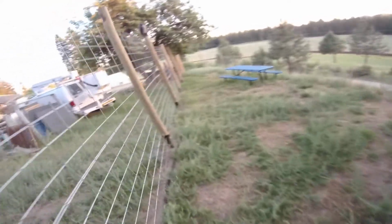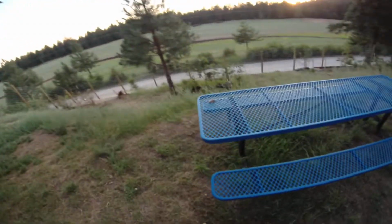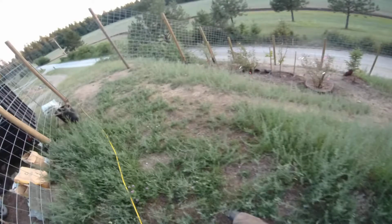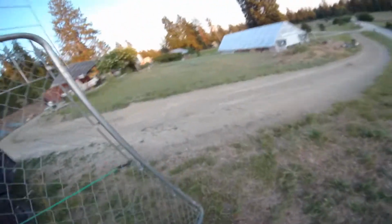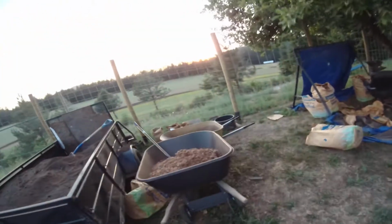Alright, so I got an owl up here to try to just keep the birds from eating the blueberries or messing with the trees. And I got another one down there. It's laying on the side at the moment. Alright, so here's what I'm doing. And this is taking forever. And once I get these done, well, there's still the ones in the bed down there in the greenhouse, but